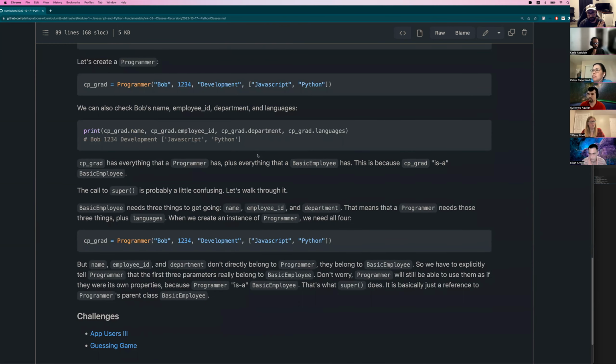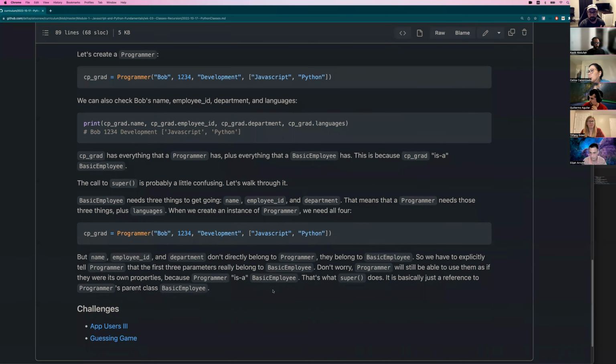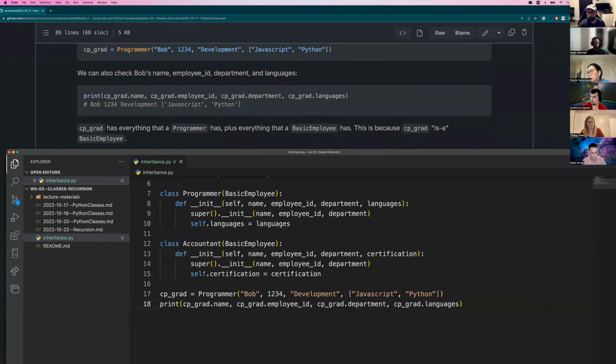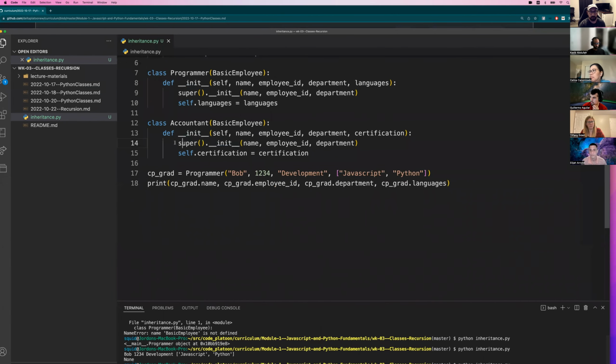I'm trying to think of a good example of when you really want to differentiate. But when instantiated properly, you can, for all intents and purposes, just say, yeah, the programmer's name. You don't have to think, oh, the programmer's basic employee's name. It works as you would expect it to. And that's what this is talking about. That's what super's doing.